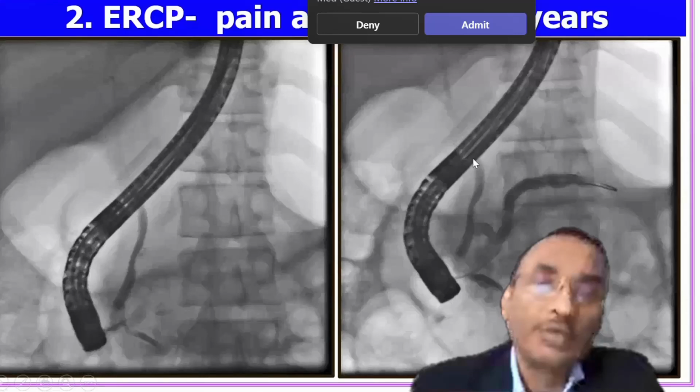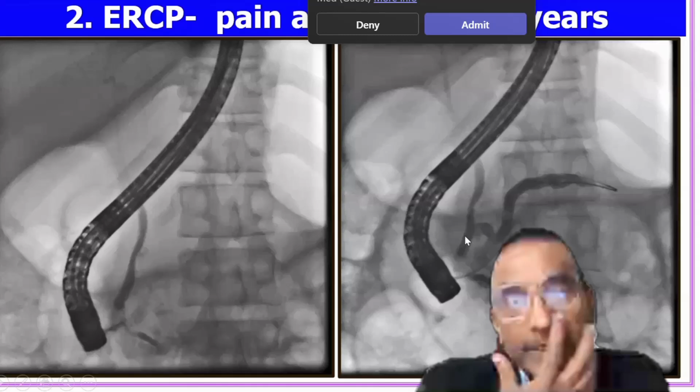And we also try to see regularity of the main duct and irregularity of the side branches. If you remember the classification of the ductal changes, the Cambridge classification, then side branch irregularity and main duct irregularity, depending on that we classify. So this shows main duct which is pretty irregular out here. You can make out, and